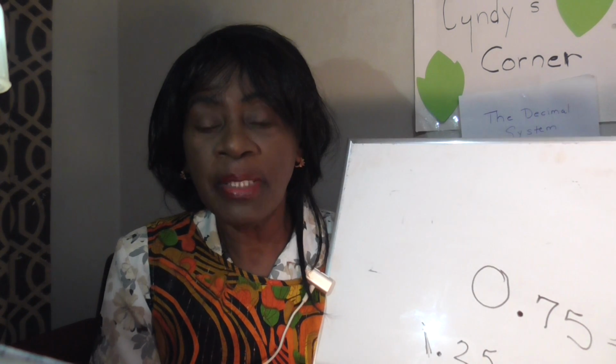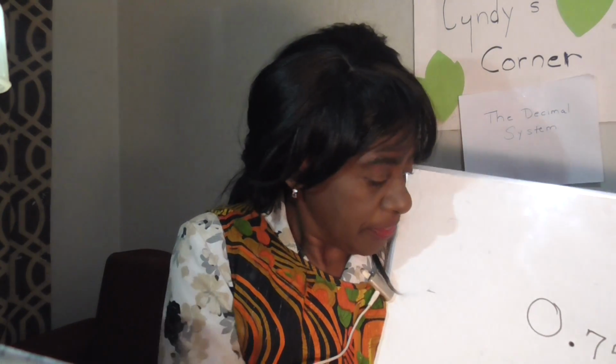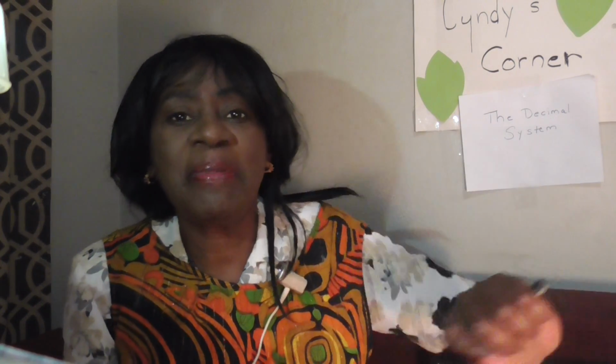You may say 1 point 25. Point is the decimal point. When you hear that, you know that the point is the decimal point, which is one of the 3 parts